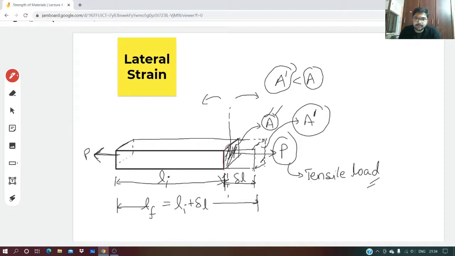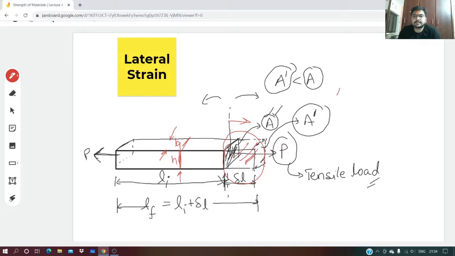this part that is being extended, this delta L, is not being added in addition to what is existing there, right? We are not adding any new material, new part. We are stretching the same part to the extra length. But where will it get that material from when we are not adding? It will compensate with the height and breadth. They will sacrifice their dimension, they will reduce, and that reduction will help the length increase by stretching.